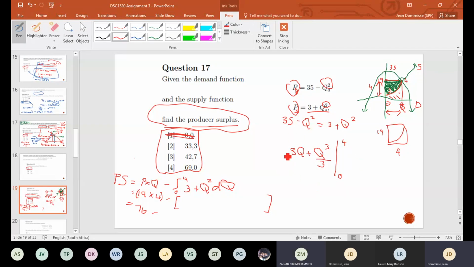Awesome. I think that for me, because there's a q in there, if you substitute the 0 in there, it's going to be 0 in any case. So that automatically makes it that you only need to substitute 4 in there. So let's quickly see. If I substitute 4 in there, it's 3 times 4, which gives me 12. If I substitute 4 in there, it is 4 to the power of 3,